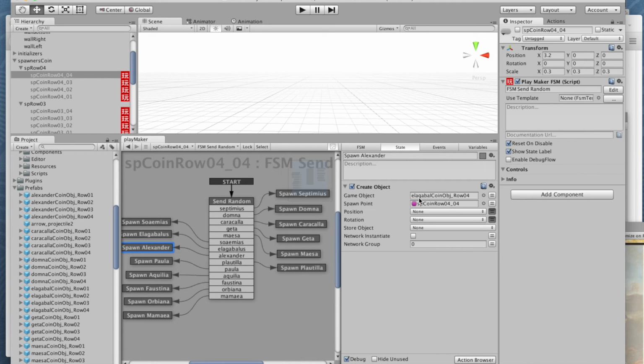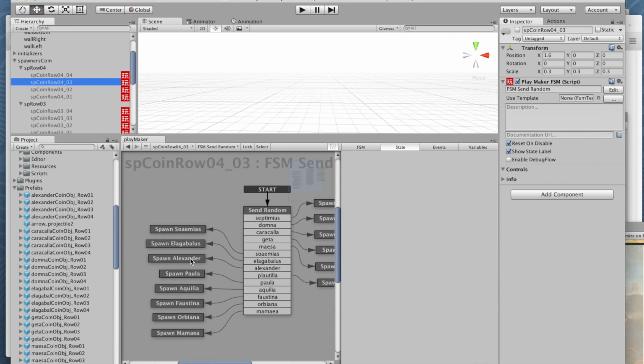I'm going to replace this placeholder coin or prefab with the correct corresponding Alexander coin. We're in row 4. There's position 1, 2, 3, and 4. The positions don't matter in terms of this. I just need to make sure that in each one of these positions I have my prefab of Alexander coin row 4 as the game object that's being created. So I'm going to drag my prefab over to here, and now I'm going to do the same thing